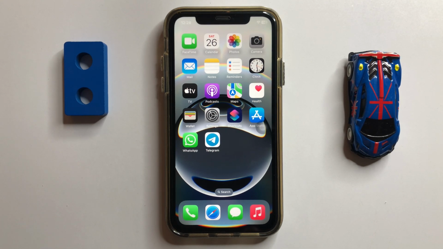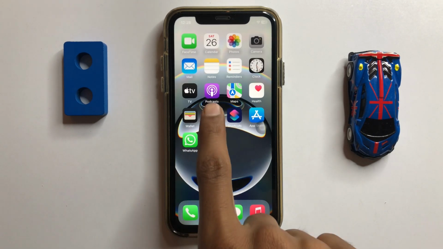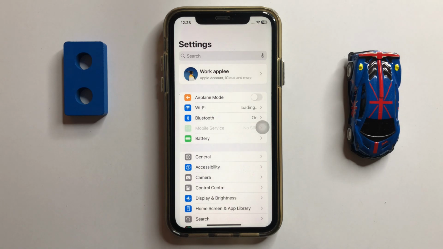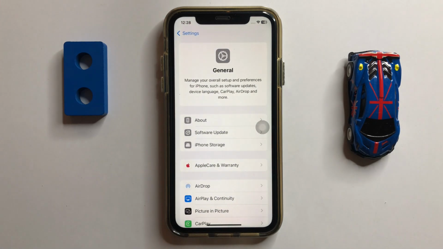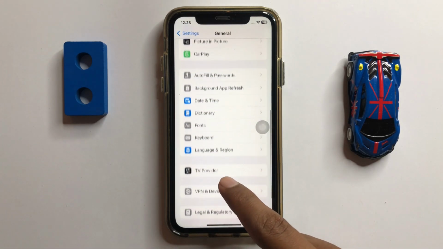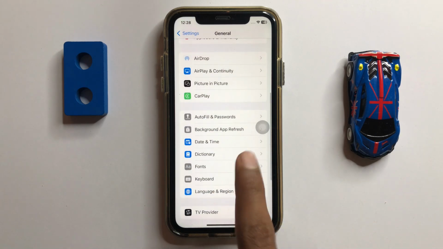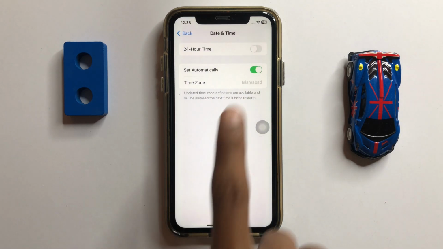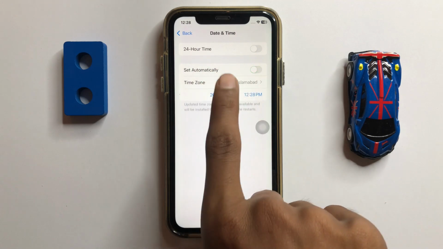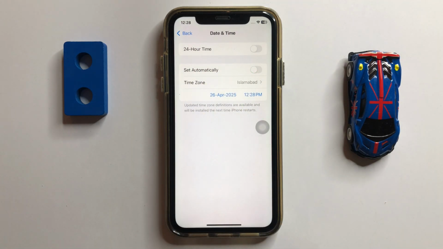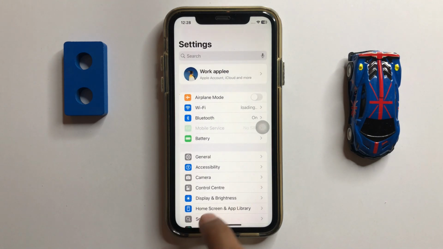First of all, if you want to fix this problem, then firstly open your settings. In settings, click on general and scroll down and click on date and time. And here you can see date and time automatically. If it is grayed out and you want to fix this problem, then go back and here you can see